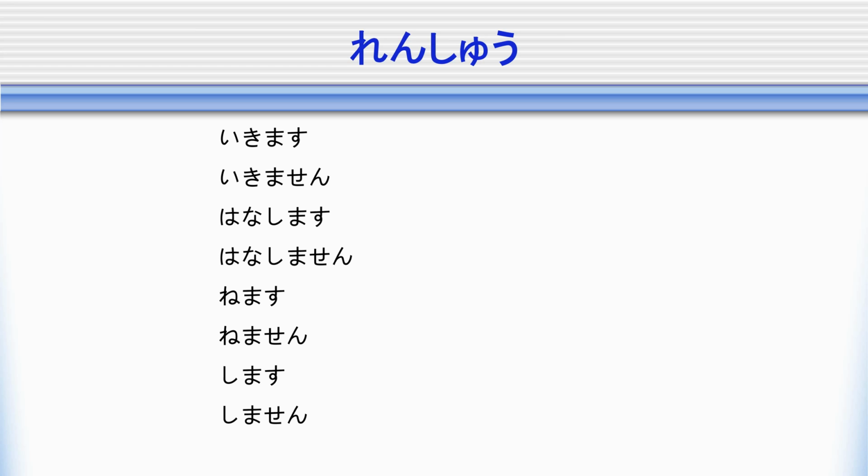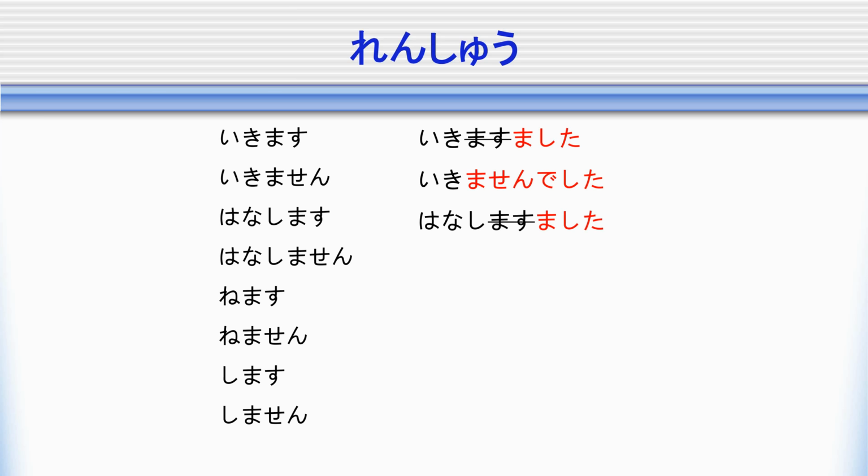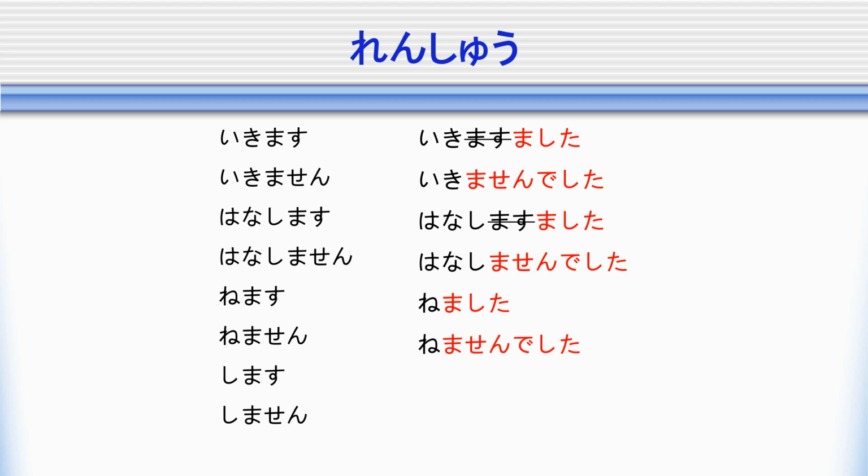Let's check them together. So, 行きます in the past tense, so I go becomes 行きました. I went. 行きません、行きませんでした。話します、話しました。話しません、話しませんでした。寝ます、寝ました。寝ません、寝ませんでした。します、しました。しません、しませんでした。